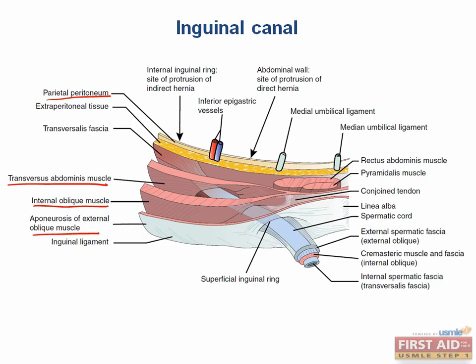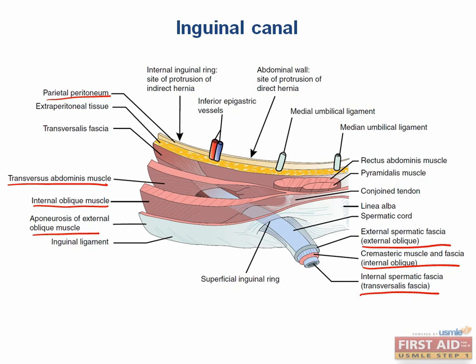You can see here that these layers are the internal spermatic fascia, the cremasteric muscle and fascia, and the external spermatic fascia. The external spermatic fascia, which is added last, comes from the external oblique muscle. The cremasteric muscle and fascia are from the internal oblique muscle, and the internal spermatic fascia is from the transversalis